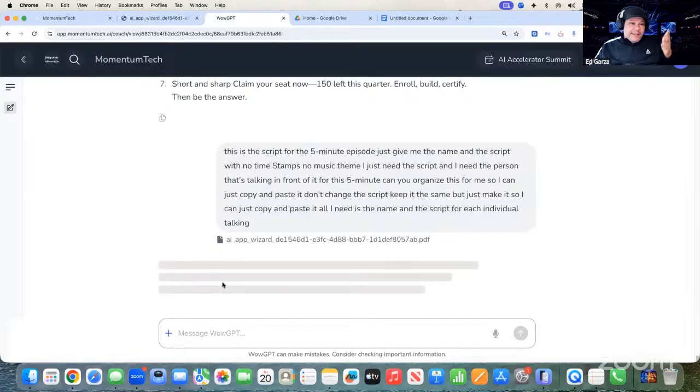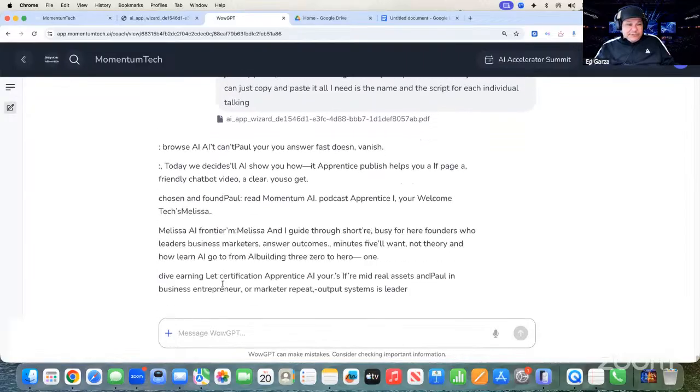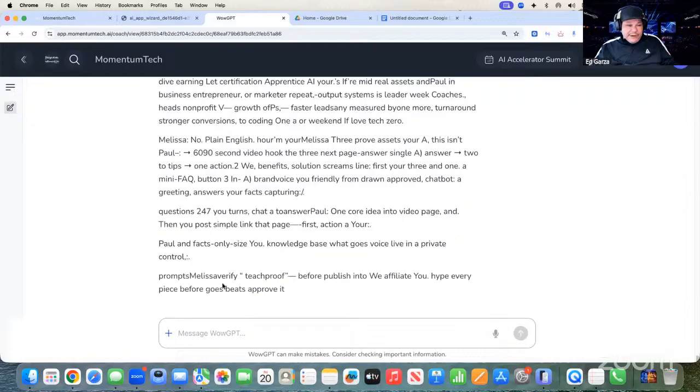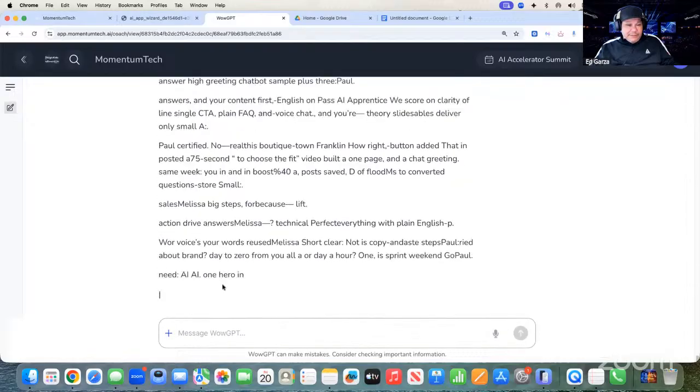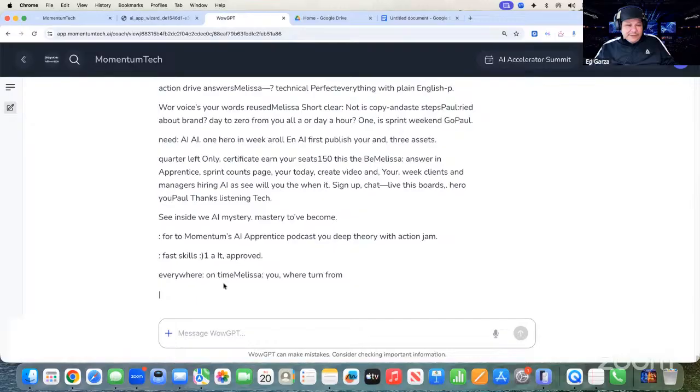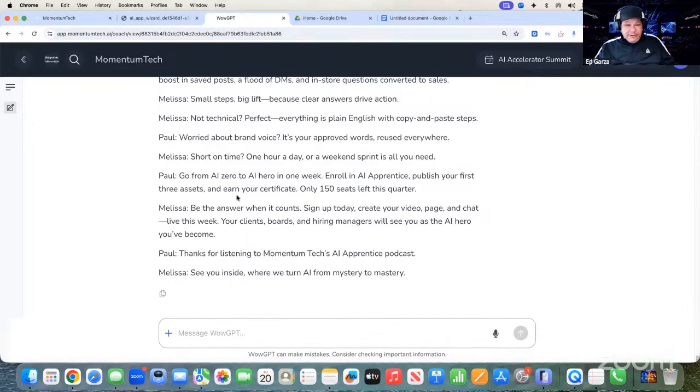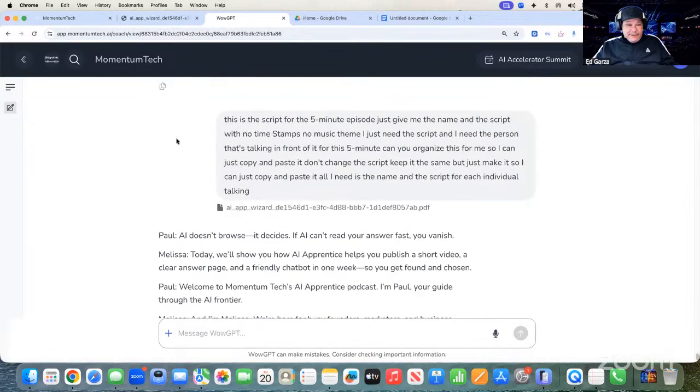So well, this is a lot of work. Well, yeah, of course. But look how much time we're saving, you know. You don't have to have any design skills. You just need to use our apps to help you do it. Here it is right here, right? Everything. Paul, Melissa, Paul, Melissa, Paul, Melissa. Okay, there you go. So then I could take this